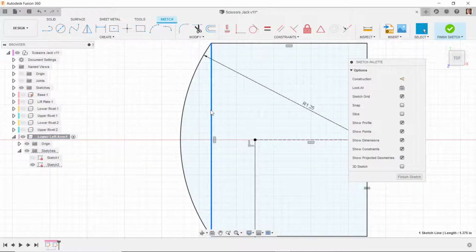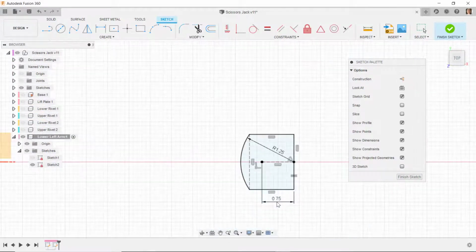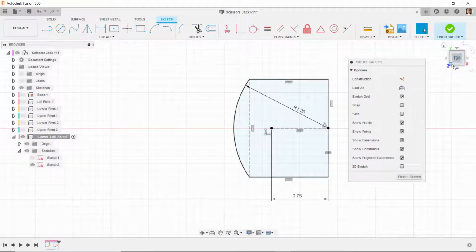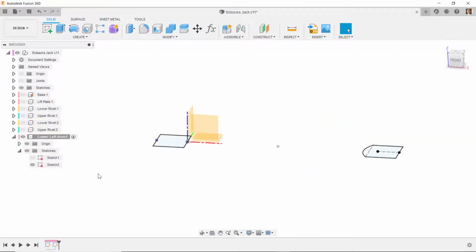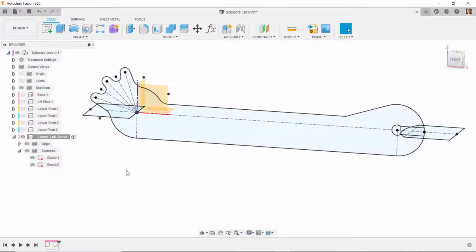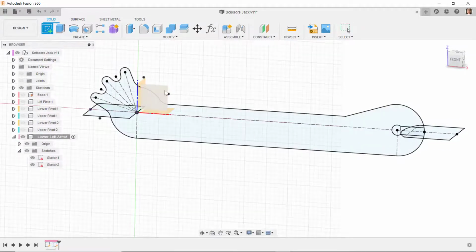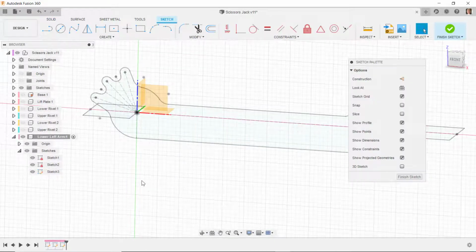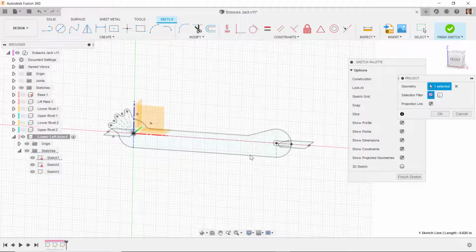I'm going to change this line to construction. Okay, so we have our sketching done for this end. I'll finish that sketch. I'm going to go back and turn on the visibility of sketch 1 again, and I'll do a new sketch on the XZ plane. I'll do P for project, and I'm going to project this construction line, and I'll project